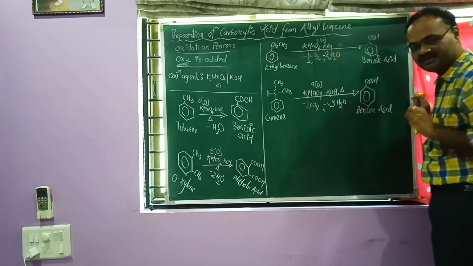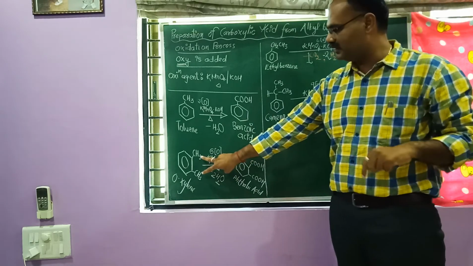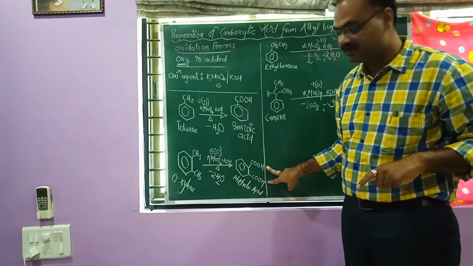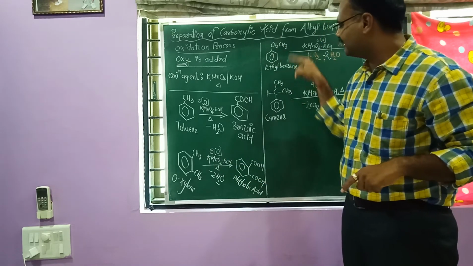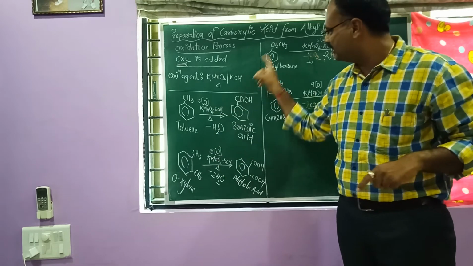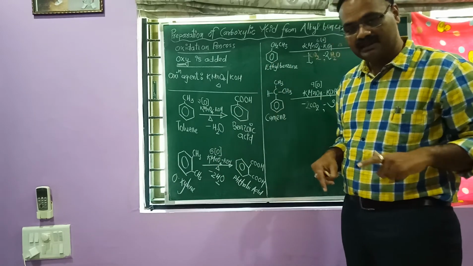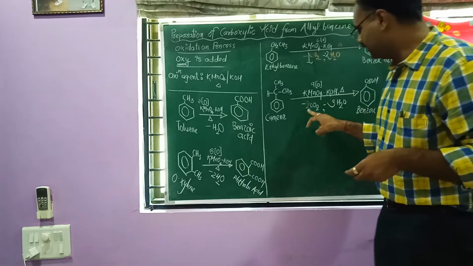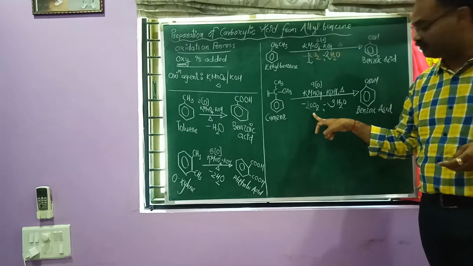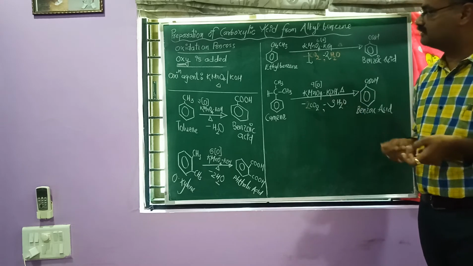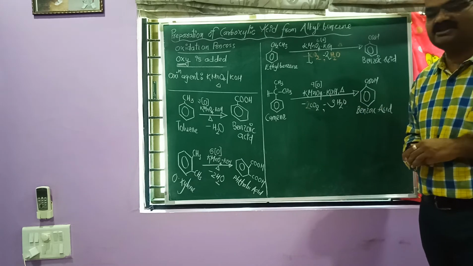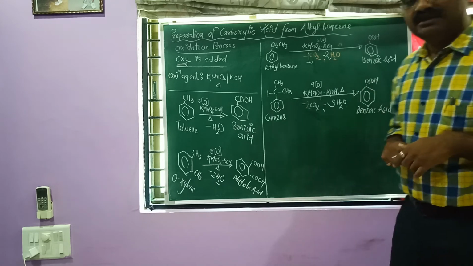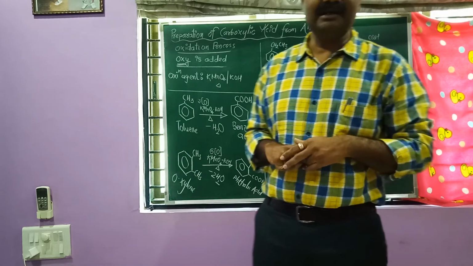This is an oxidation process. In short, if we have 2 alkyl groups at different positions, then both are converted to COOH groups. But if it is in one alkyl chain like ethyl benzene or cumene, then the rest of the carbon will go in byproduct. That means they will form CO2, carbon dioxide. So this is our oxidation process by which we can prepare benzoic acid. Other examples we will discuss in classroom. Thank you.